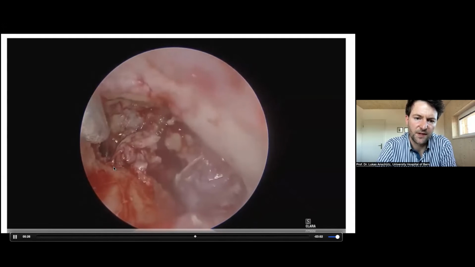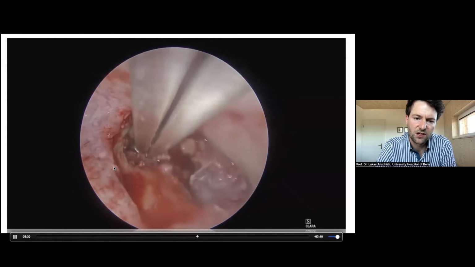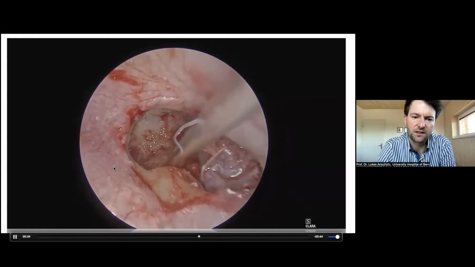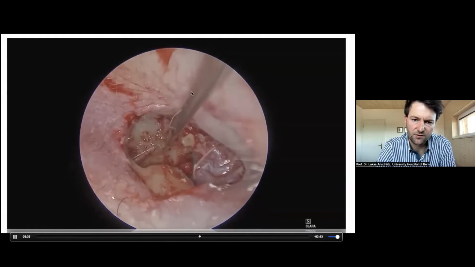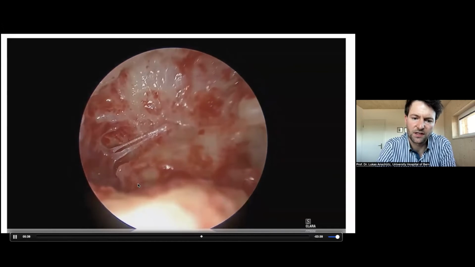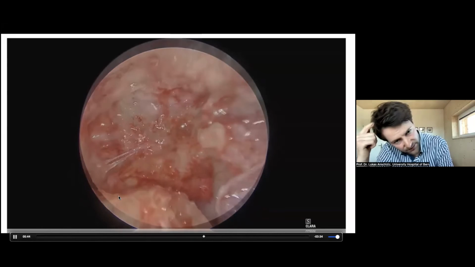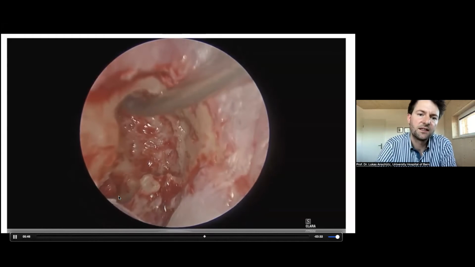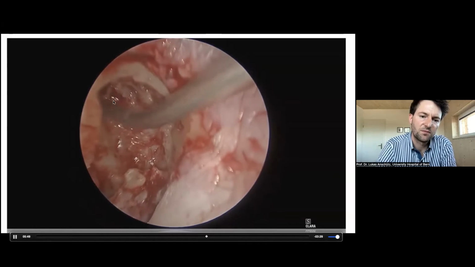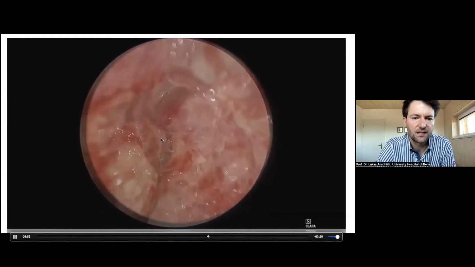Now you can see this is even a little bit bigger Thomasin dissector, so I can go more posteriorly. You can see this is the situation at the end. This is a 0-degree endoscope. Here is the dura, facial nerve. Here is the lateral semicircular canal. And now with the 45-degree, I can go inside this cavity, and I have here a custom-made suction. It's just a regular suction that I bend during the surgery.